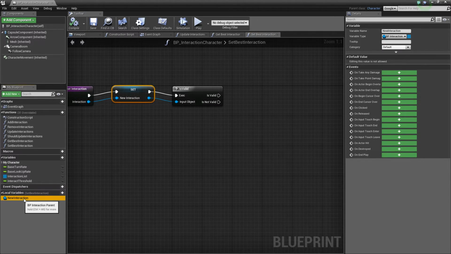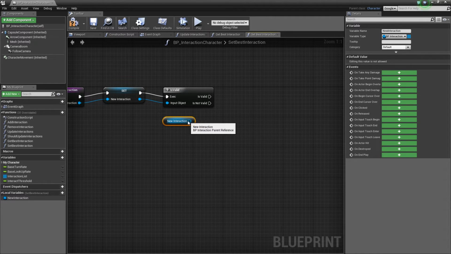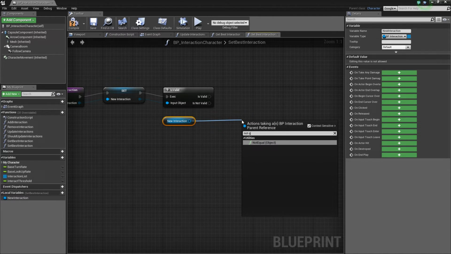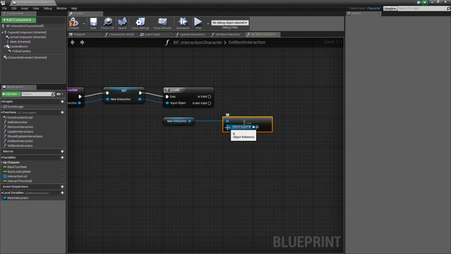Now the next thing we want to do, if it is valid, if we are passing something, we want to update it, we need to make sure that this new interaction we have here is not the same as what we are currently looking at. If we're currently looking at it and we're still looking after this updates again, it'll get the same one because it's the best one to interact with still. But we don't need to update anything. It's already been chosen. Everything is shown from the UI standpoint. We don't need to re-show it. It's already there. So what we can do is say not equal,